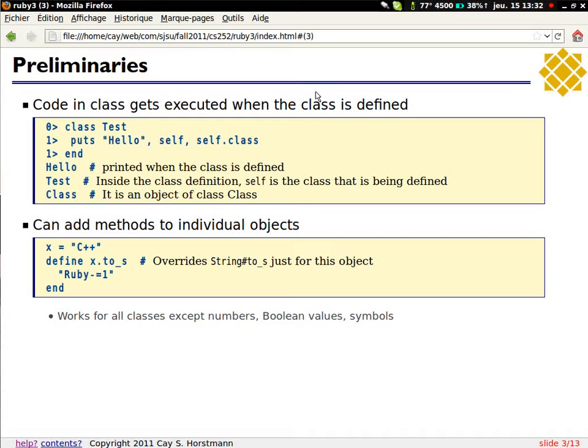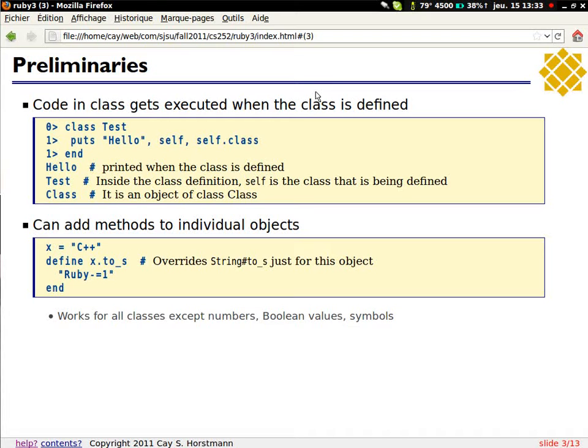when you have the class command, then stuff happens, and what happens inside here are commands to modify the class. You can put in any commands you want.